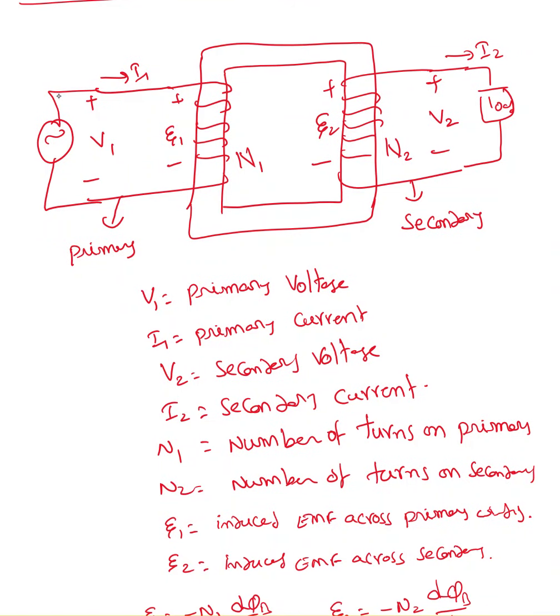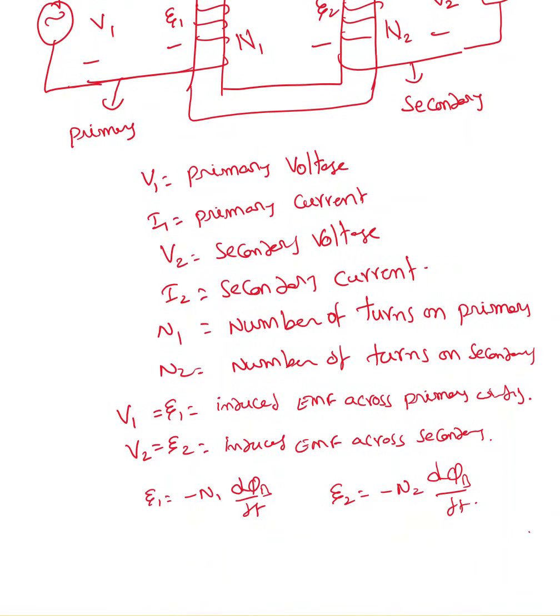Now, assuming there is no resistance in the winding, the ideal case, E1 is the same as V1 and E2 is the same as V2. Now, E1 equals minus N1 times d phi B by dt. E2 is minus N2 times d phi B by dt. So as long as there is a higher rate of change of magnetic flux, there is more induced EMF across